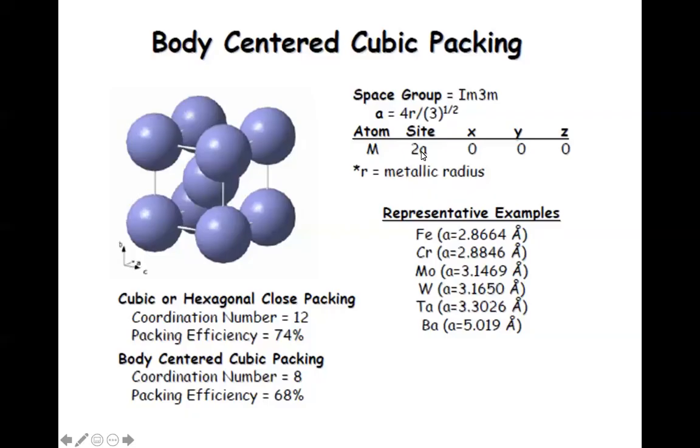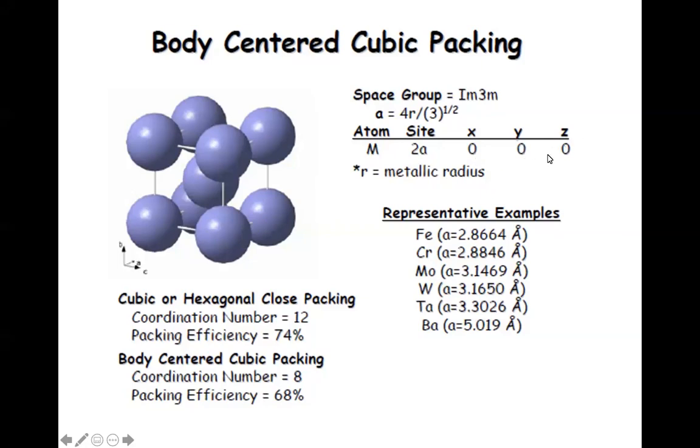There are 2 atoms per unit cell. You can see clearly that all the corners contribute 1 atom and inside 1 atom, so 2 atoms. So when you describe this, you don't have to mention all the coordinates of all the atoms. You simply say space group and you say XY0, XYZ.